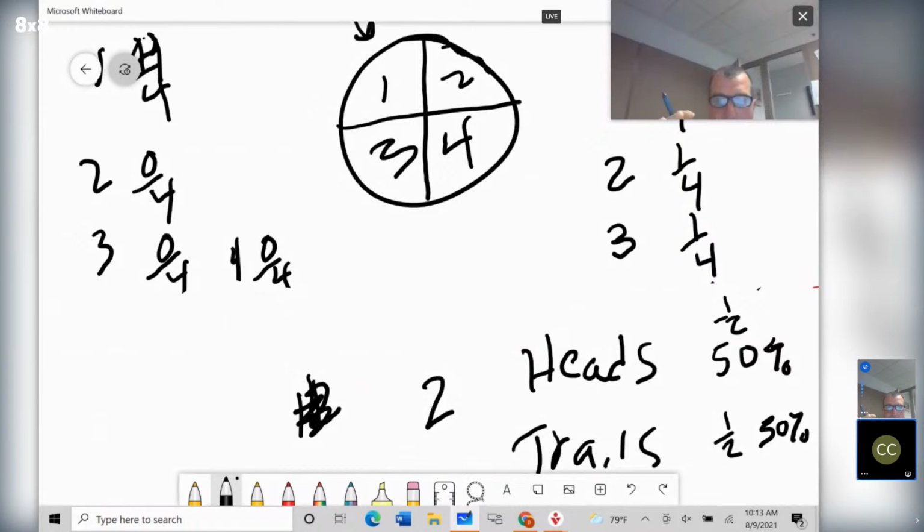So I'm going to give you some practice on doing theoretical versus experimental. And then tomorrow, we can go over a little bit of that. And I want to pull up what I posted. So this is what we did, I think, on Wednesday.